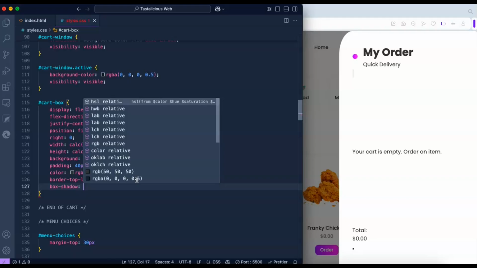The first value we're going to include determines the direction of the box shadow, whether the shadow of the cart box is towards the left or towards the right, so the horizontal direction. If it's a positive value, it would be towards the right side. If it's a negative value, it would lean towards the left side. We want it towards the left side of the cart box, so we're going to set it